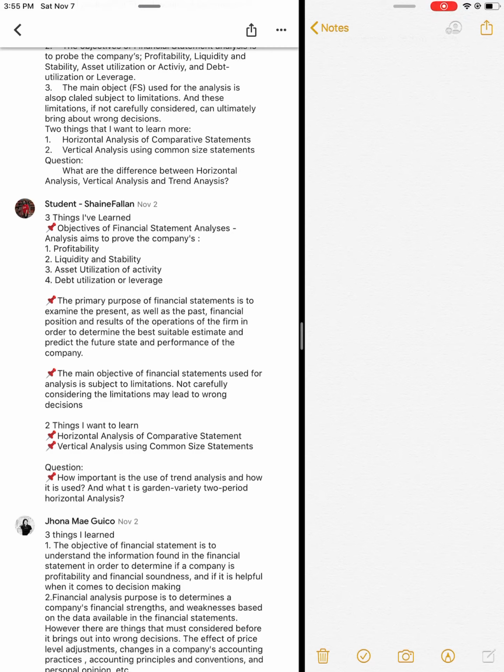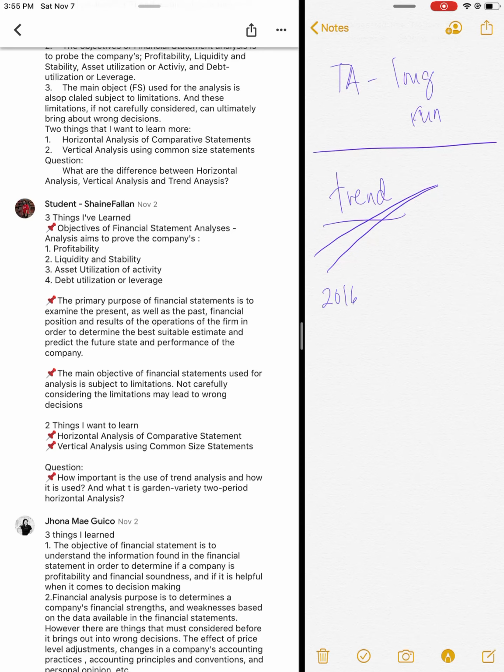But the purpose being served by trend analysis is, ang trend analysis natin pang long run yan, kasi hindi lang 2 period ang kino-consider mo. You are considering more than 2 periods. And sa trend analysis, from the term itself, nakikita mo yung trend. Is it an increasing trend? Okay? Kasi the difference between a trend analysis and horizontal analysis, although you are comparing more than 1 period,